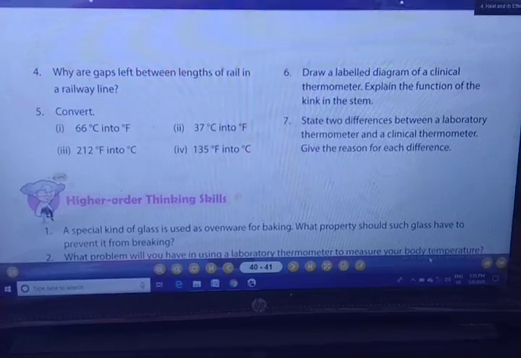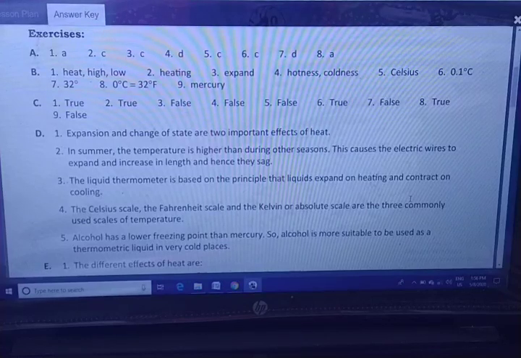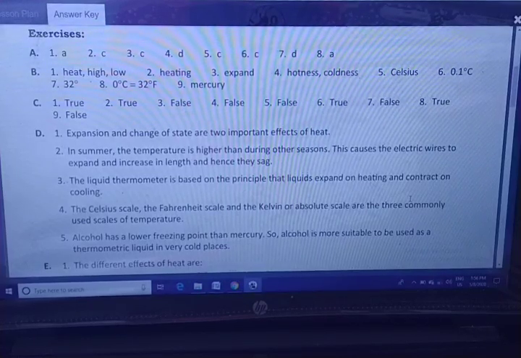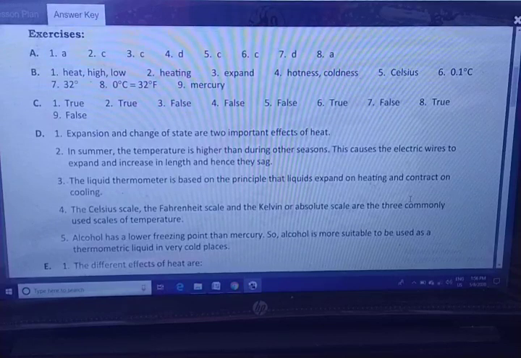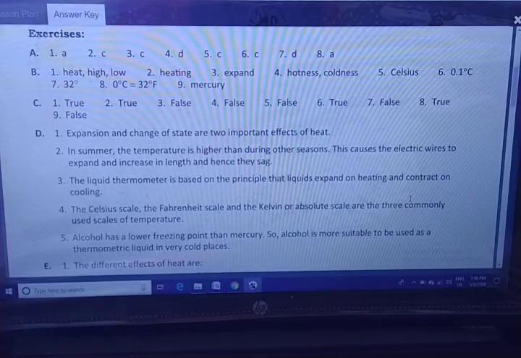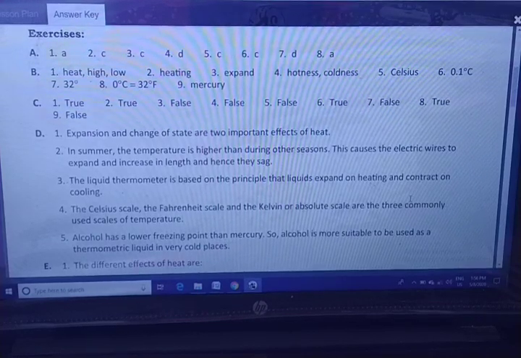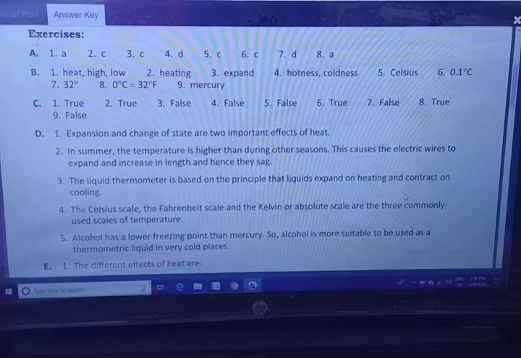So let's see the answers now. Here is the exercise answer of all the MCQ. A total of 8 MCQ I have shown you, and all 8 MCQ answers are shown on the top. After that, I showed you fill in the blanks. A total of 9 fill in the blanks were there, so all 9 answers are there. After that, I showed you true or false, so you can see all the true or false answers. And now we will explain the question answers. Got it? So the MCQ, fill in the blanks, and true or false answers you can write, as I already informed you to take a screenshot of the questions. Got it?